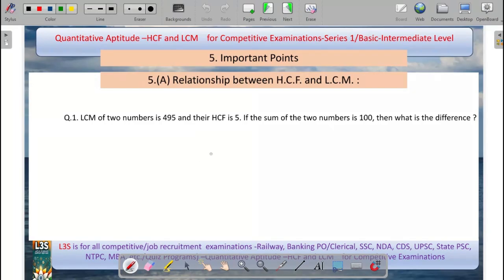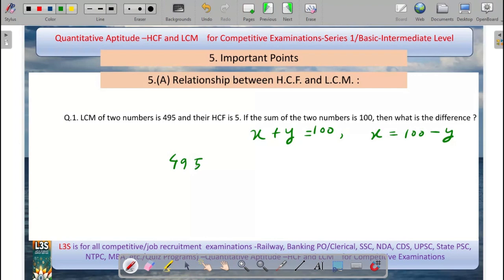Another question: the LCM of two numbers is 495 and their HCF is 5. If the sum of the two numbers is 100, then what is the difference? Say the two numbers are x and y. The sum is 100, so x will be equal to 100 minus y. Now according to this formula,